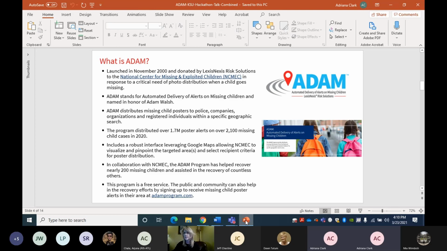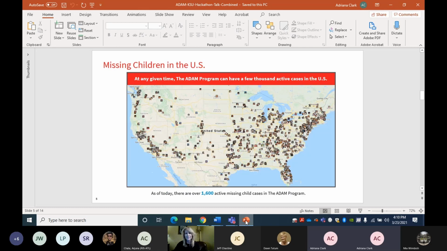So it is somewhat different than the Amber Alert. It does rely heavily on the public to be on the lookout for these missing children. So as he said, anyone can sign up to receive alerts in their area at atomprogram.com. Next slide. Okay, so as a visual representation, here's a snapshot of how many cases are currently in the ATOM